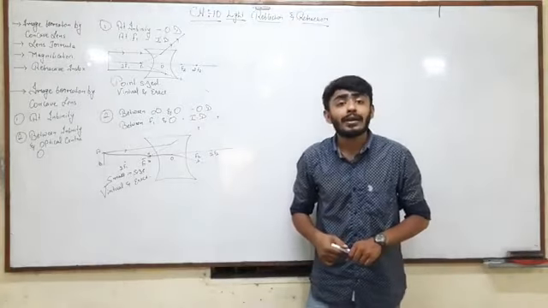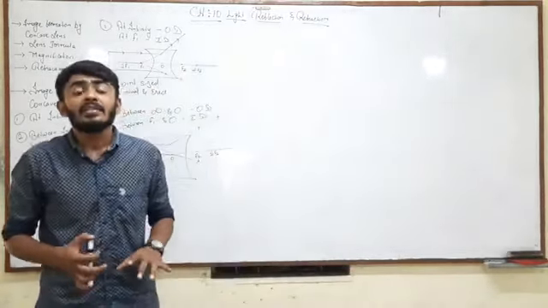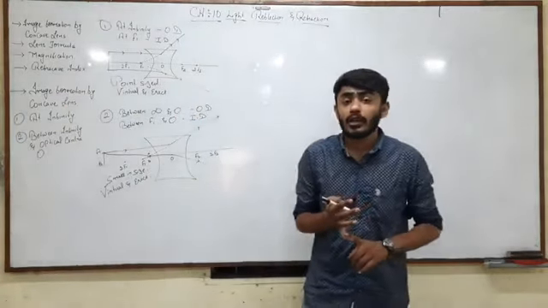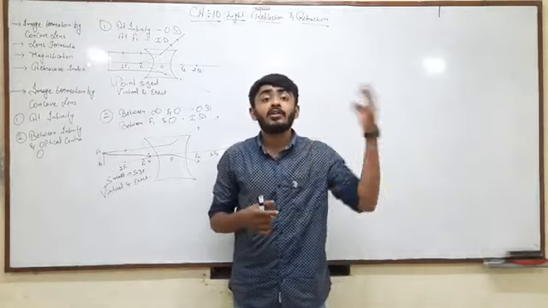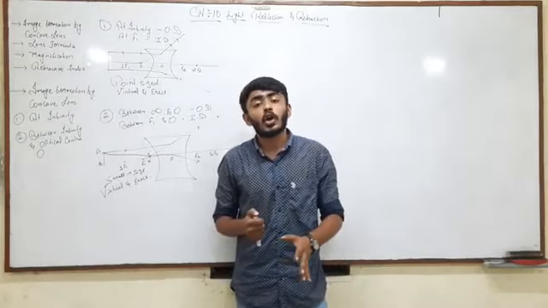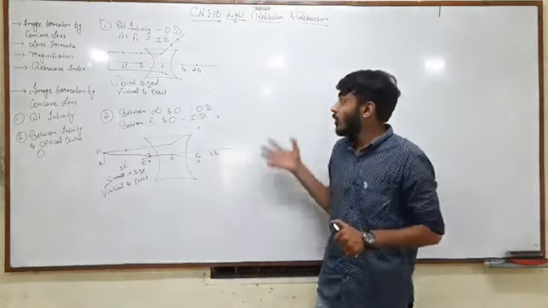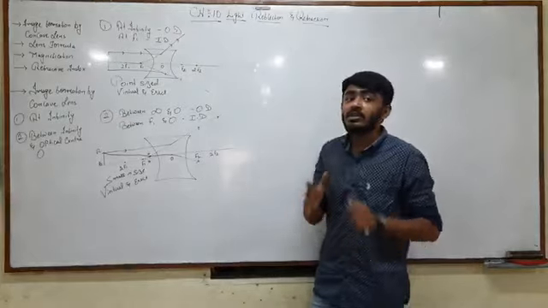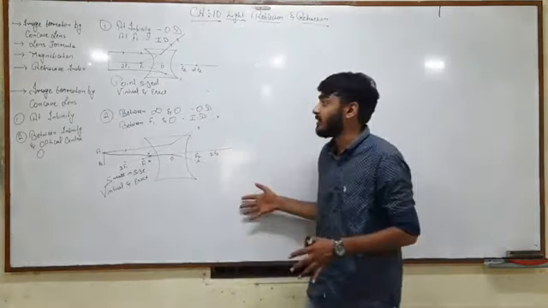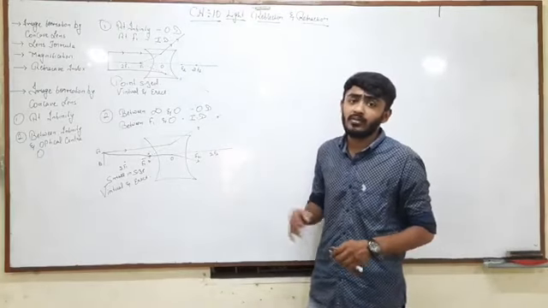Fine, I hope you are clear with all the 8 image formations by lens. That were the 6 of the convex lens and 2 of the concave lens. And the 8 others we did about the mirrors, 6 of the concave mirror and 2 of the convex mirror. These image formations can be asked for 3 marks, so please pay attention to these things. We have completed the image formations.